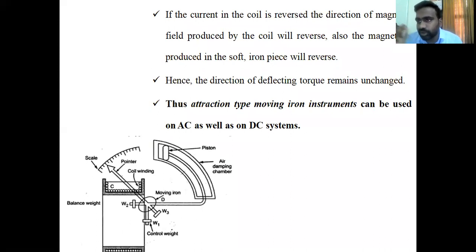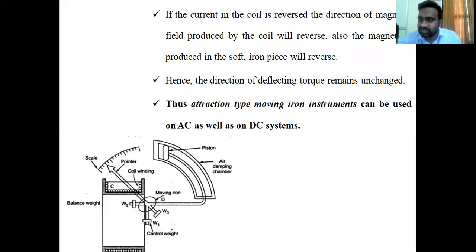So this is one of the important points we have to discuss. Whenever the current which we are giving to the coil, or whenever the EMF we are providing to the coil, whenever the supply polarity is reversed, the magnetic field will be reversed and the position of the iron piece will be reversed. That means whenever the current flowing through the electromagnet is reversed, the magnetization property will be reversed, and that means weak magnetic flux region will be converted into strong magnetic flux, and strong magnetic flux region will be converted into weak magnetic flux.